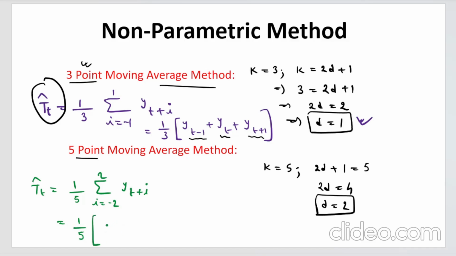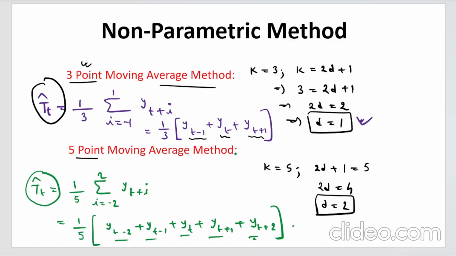So this is basically yt minus 2, yt minus 1, yt, yt plus 1 and yt plus 2, right? So in this way, you are taking these lag values, yt value, yt plus 1 value, yt plus 2 value, and then taking the average of yt values in these 5 periods, and then this average will give you